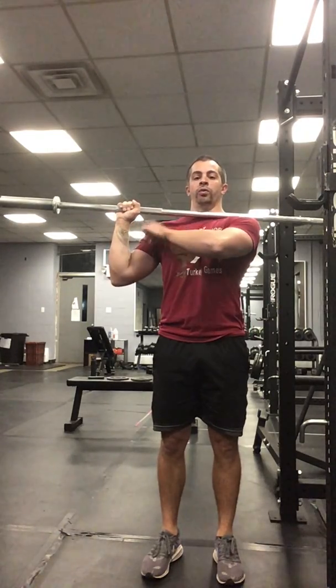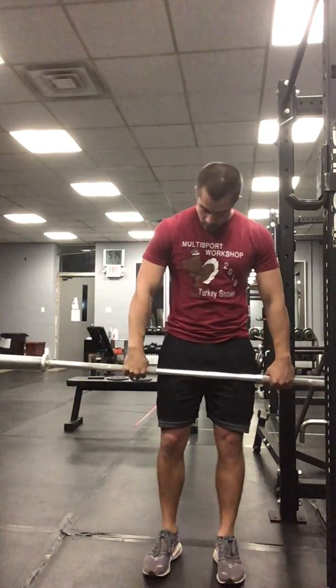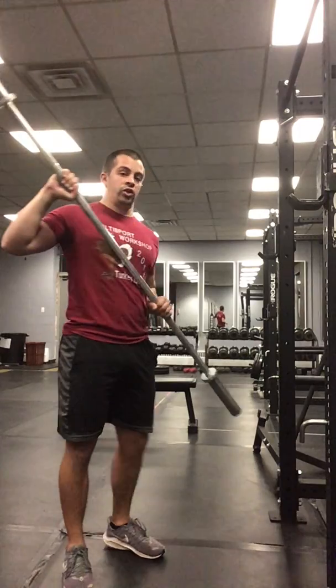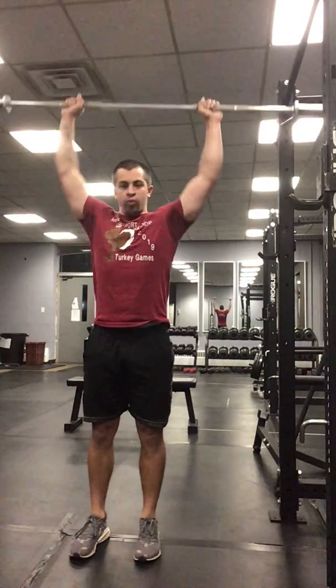So we don't want this. In a perfect world, we should have this vertical line with the forearm. So that's what I was saying, we don't want to be out wide. We don't want to be in tight like this. So from here, this is the starting position for the overhead press. The bar is going to be up against my body. And this is a physics thing, just like we said with the deadlift, we want the bar to be very close to our body. From here, we are simply going to press,